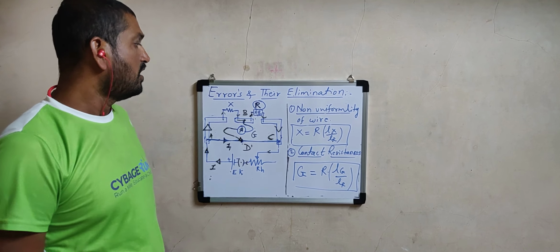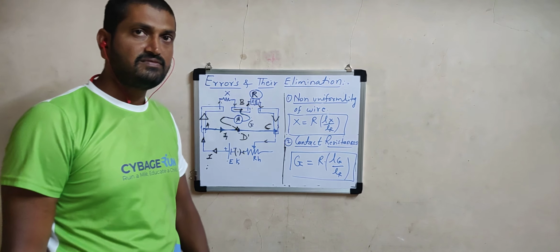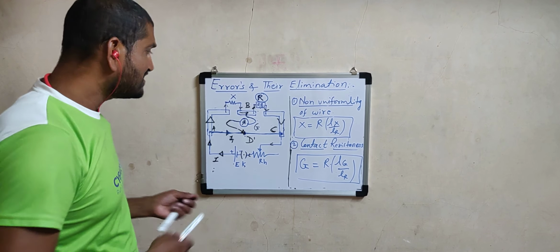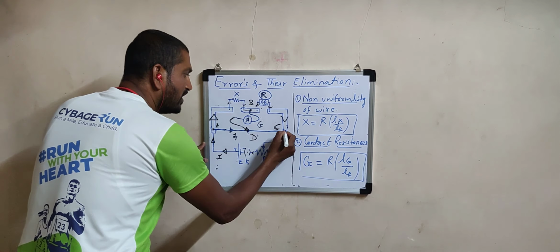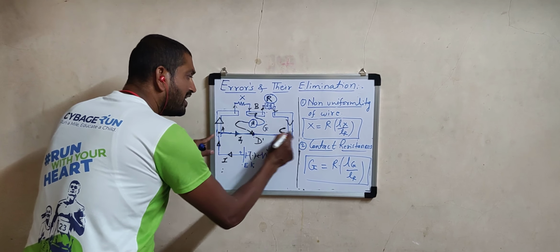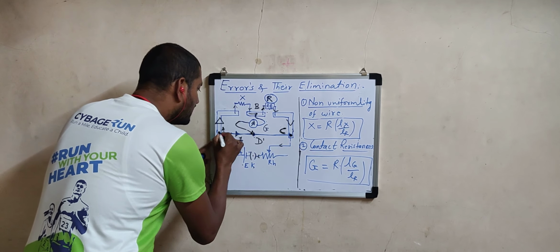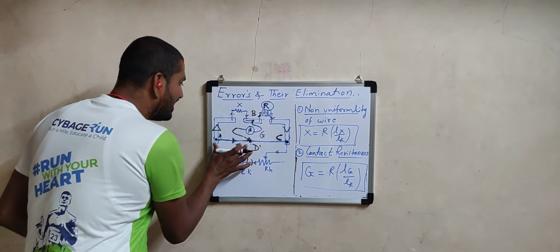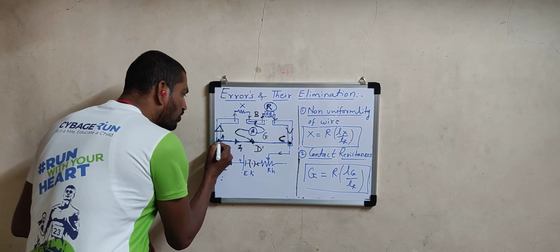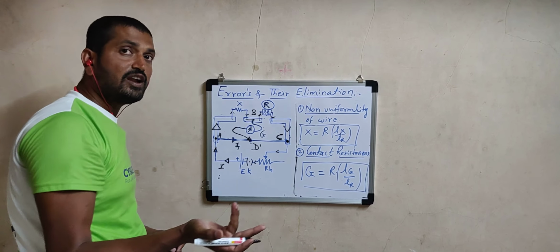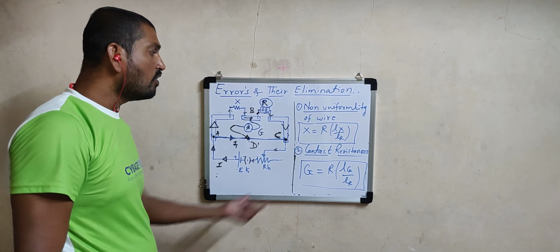Now the second possible error in these experiments is contact resistances. What do you mean by contact resistances? Let us see. This copper wire is stretched on this L-shaped copper strip at these 2 points A and C. To attach this wire at points A and C, some part of its length is wound around these screws, and that length we are not considering. We are only measuring Lx between these 2 points and Lr between these 2 points. So the length wound around these screws is not considered at all, and we are using this formula, and that's why there may be error due to contact resistance.